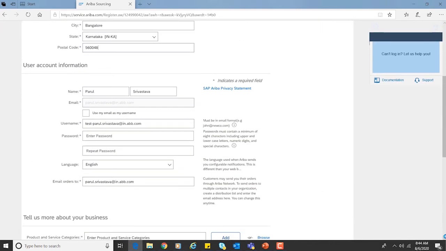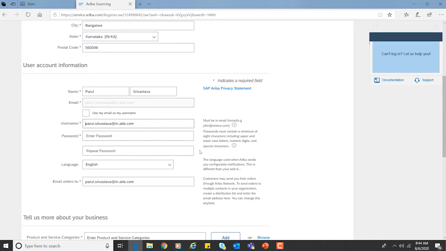Now the next is user account information: your name, email ID. Now this is important, username and password. As you see, for login you should remember your username and password. For username, it is mentioned that it should be in email format, so I'll keep it in the email format.